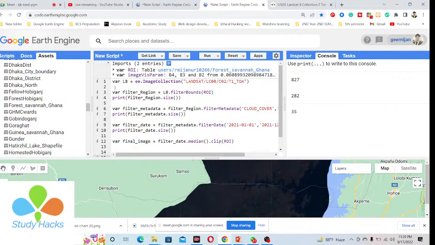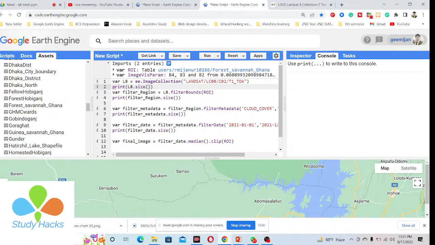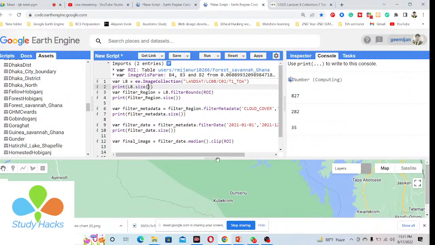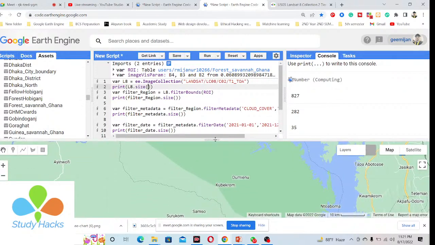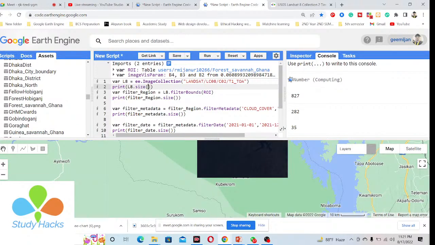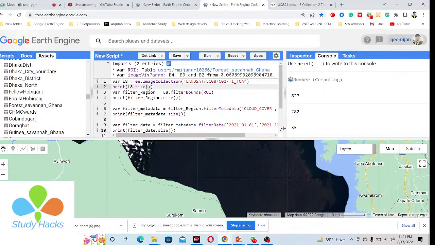So first of all, I simply print how many satellite images there are for the Landsat whole collection of the world. I want to get the very large collection. Okay, you can see I want to get more than 1 million satellite images, and then I filter in different ways. Okay, you can see mainly when you want to filter your satellite images, you follow these steps. Okay, so here you can see it computing. Just a minute, so it is opening. Okay, so now you can see, first of all, I can get here more than 1 million